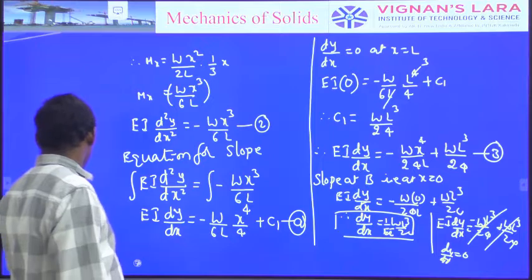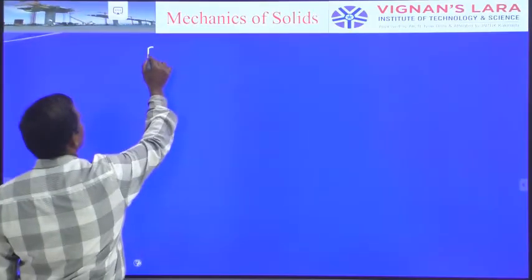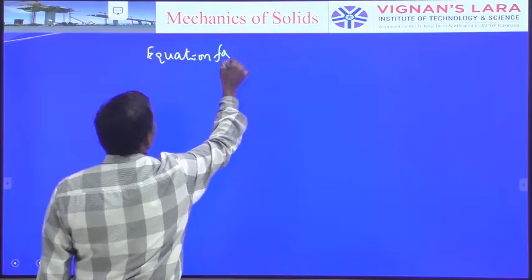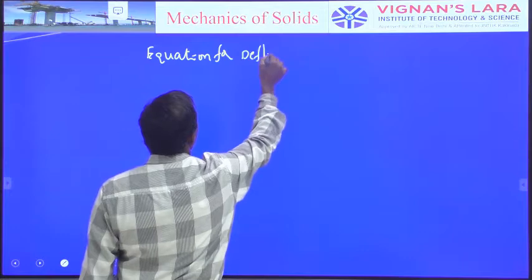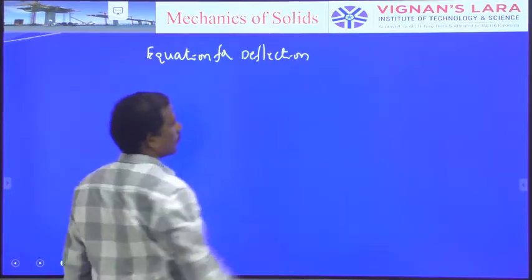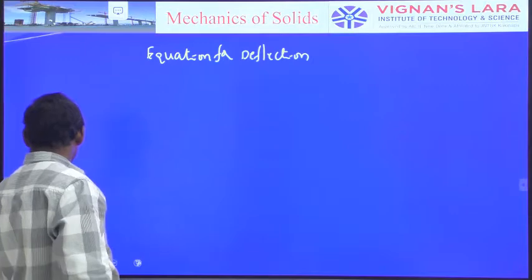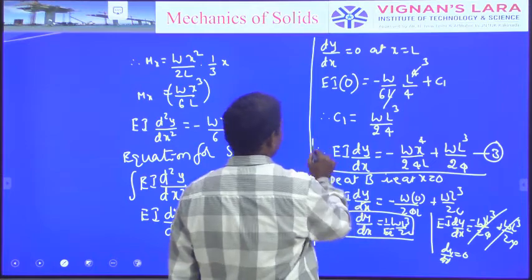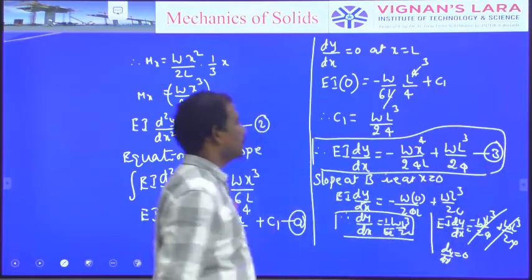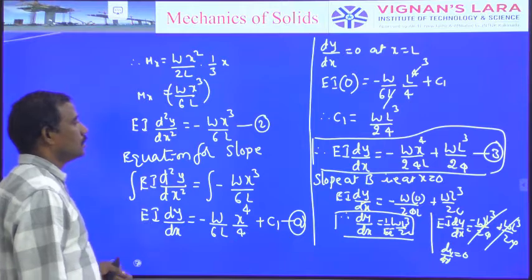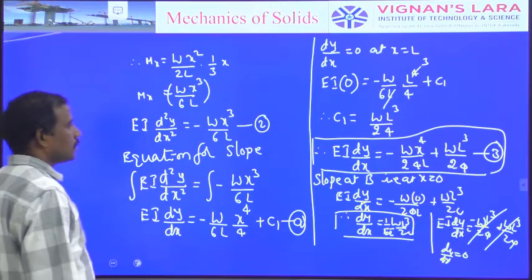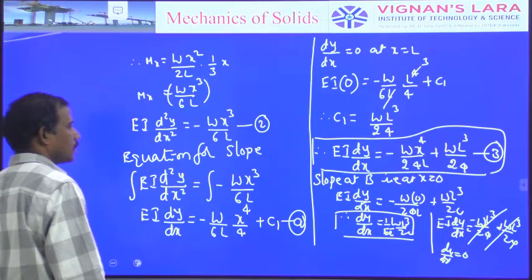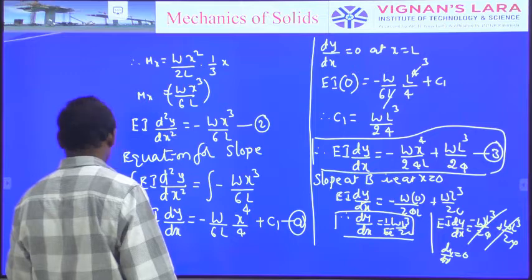equation for the deflection. Equation for deflection. What we have to do? Simply integrate equation number 3 once again. This is the equation for the slope. Let us rewrite that value: EI into dy by dx is equal to minus Wx power 4 by 24L